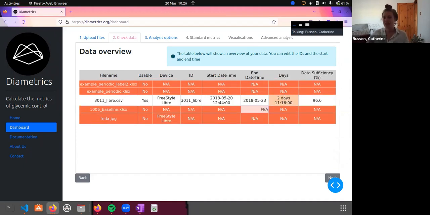Ta-da! So, okay, we can see now that the data sufficiency has gone up to 96.6%. So it's not amber anymore, but there's only 2 days' worth of data. You can completely ignore these warnings, as long as you know it's just us giving you a warning that this isn't meeting the requirements of the international consensus. So once you're happy with this, let's say I'm happy with this, I press the next button and move on to the next